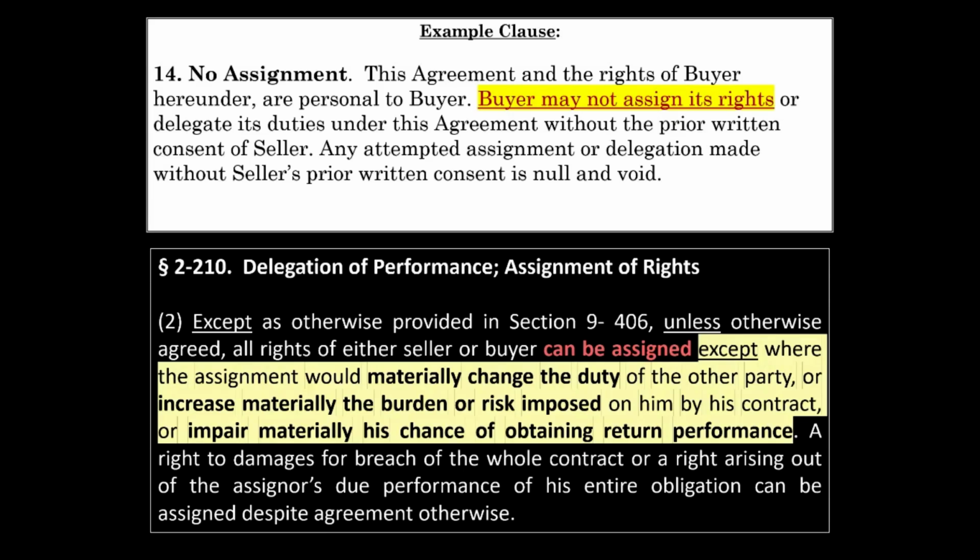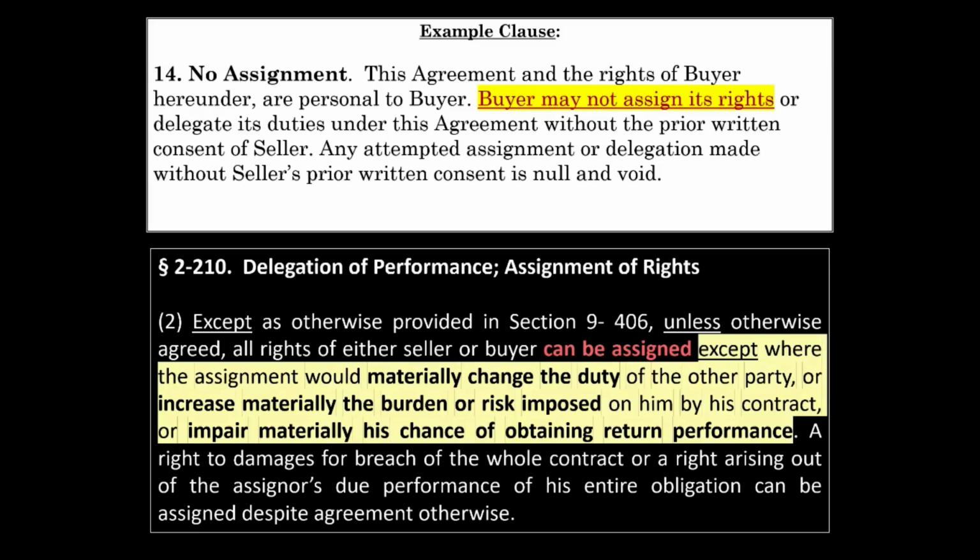Consider, for example, a requirements contract, in which a seller is obligated to provide the buyer's requirements of certain goods. If the buyer assigns her rights under the requirements contract to an assignee with substantially higher requirements for the seller's goods, then the assignment could make the seller's obligation to fulfill those requirements unduly burdensome or more difficult. This is the kind of situation that subsection 2 attempts to deal with. So the general rule, subject to the exception we just described, is that unless the parties agree otherwise, an assignment of rights under a contract for the sale of goods is freely permitted.